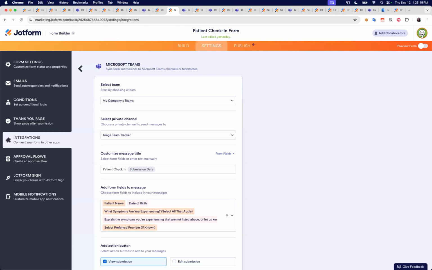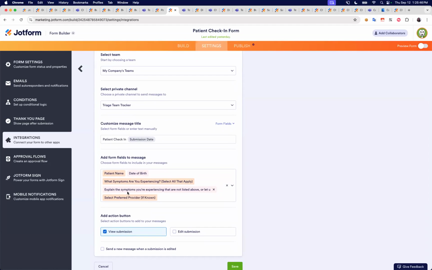Just like the other setups we've looked at so far today, sending form data to a private channel will follow the same format. We'll select the team and the private channel from the drop-down boxes. We'll set the message title, and here we've opted to include the submission date, which will also include the submission time, so that we're able to see exactly when the patient arrived. From there, we select the fields that we'd like to include in the message. In this case, it may make the most sense to just include all of them to get a full picture